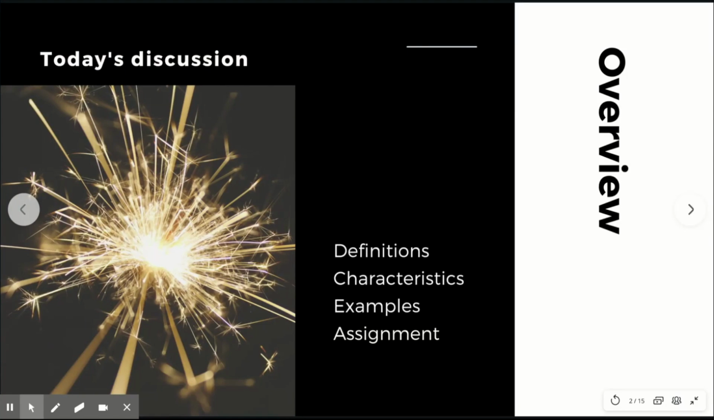In this presentation, we'll talk about some of the definitions and characteristics of flash fiction. We'll see some examples, and in the PDF version of this, I'll link a story that you can read if you'd like. And then also, we'll have our assignment, and I'll just give you a brief overview of the stories